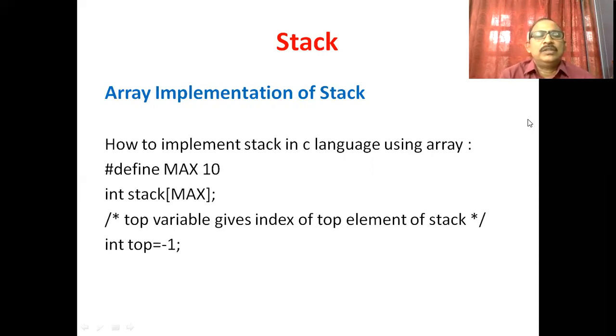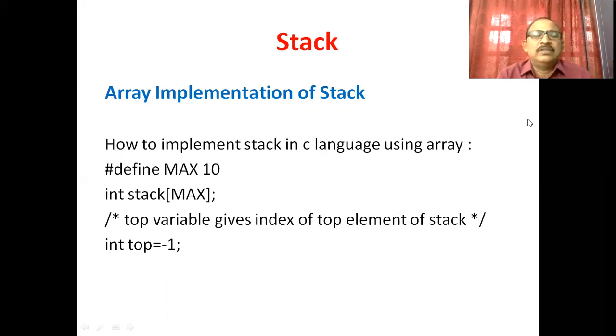The question here is how to implement a stack in C language using an array. First of all, we have to declare the size of the stack. In C language, we define a constant with the help of a define directive.